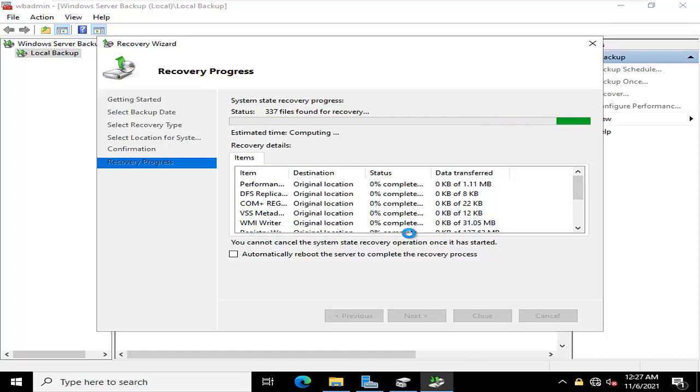Here it is showing the system state recovery process, and it is calculating our data transfer. See, it is still calculating. Once it has calculated the files, after that it starts the recovery process.